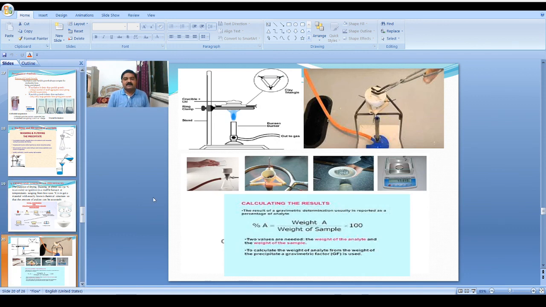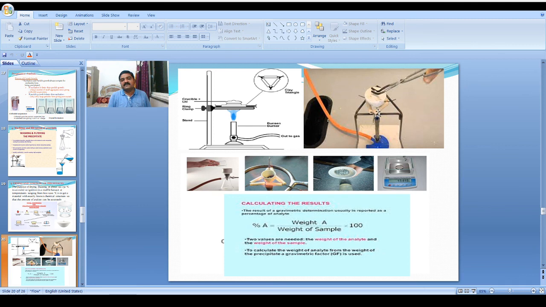So here, how this precipitate should be dried. This is a simple technique using a gas burner. This is a wire gauze. This is a stand. The silica crucible having the precipitate is kept on this wire gauze. This is a calcium clay pipe. So by putting the clay pipe below this silica crucible, and heating with the burner, that means the removal of the water molecule.